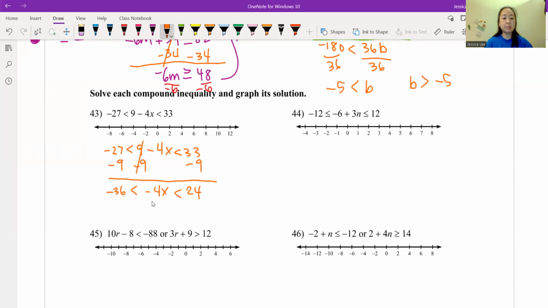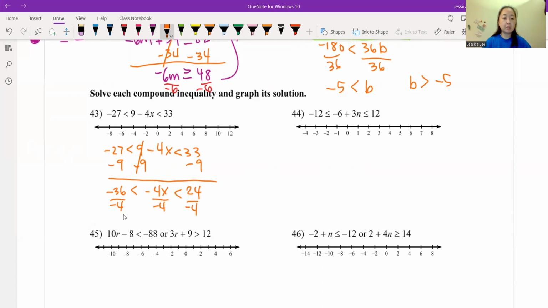And this is the same thing with this too. We're going to divide by -4. The steps don't change. We just got to do it an additional time because we actually have 3 sides instead of just 2 sides. And then we are dividing by a negative, which means we do have to flip the inequality. So we're going to end up getting,